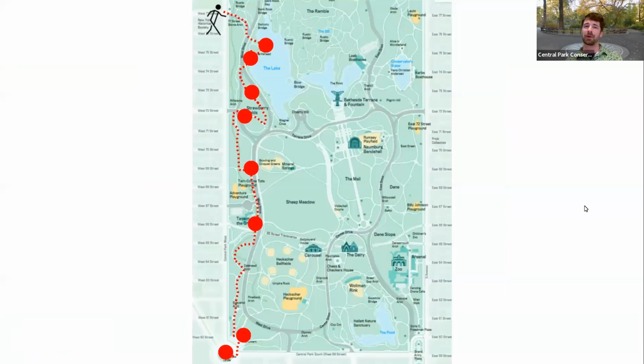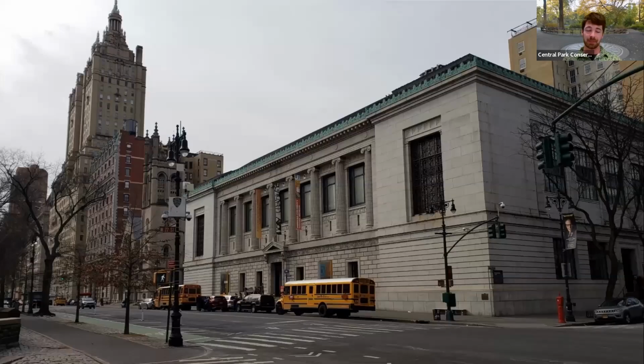As we explore through the park today, we're going to start up around about 79th Street and Central Park West, and we're going to make our way down to Columbus Circle, where we can find the Maine Monument today. We have a nice little walk ahead of us, and we are going to stop by a few other types of memorials along the way. So let's begin our walk just over around about 79th Street and Central Park West as we enter,